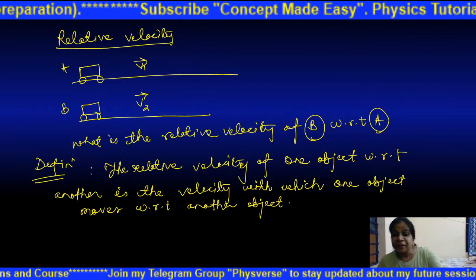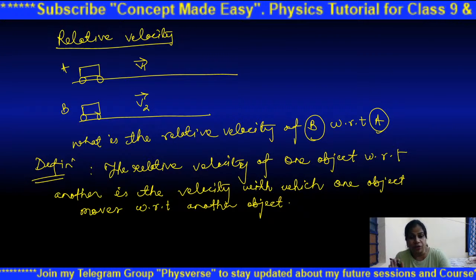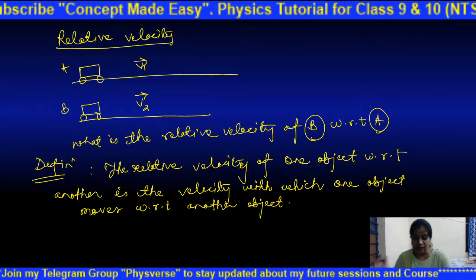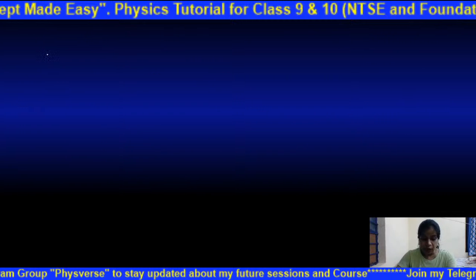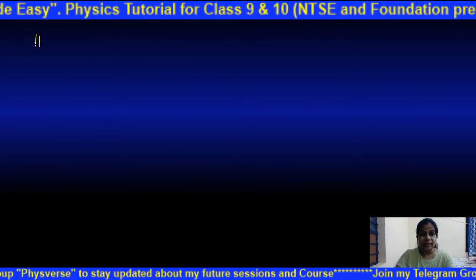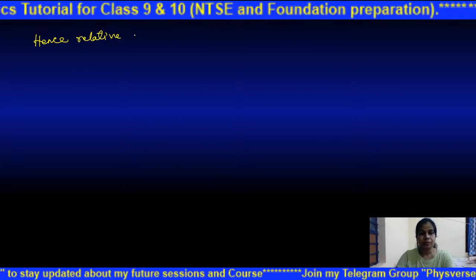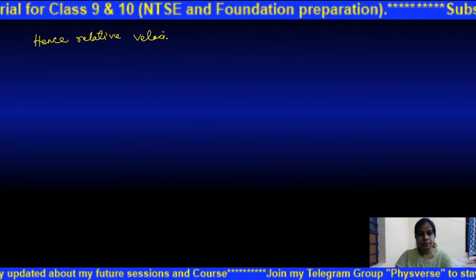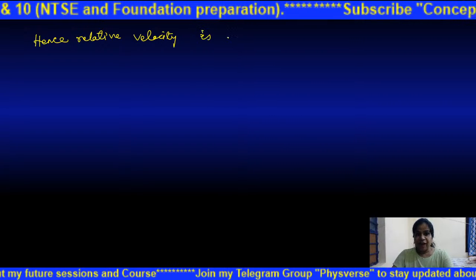So, the relative velocity of one object with respect to another is the velocity with which one object moves with respect to another object. Okay? So, I am writing the definition part of relative velocity. Hence, relative velocity is defined as